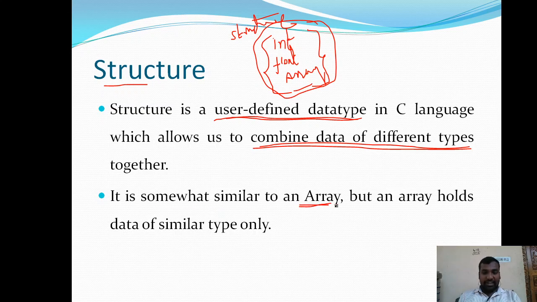Somewhat similar to an array, but an array holds data of similar types only. It can accommodate only the data type which is declared at the time of declaring the array, but a structure can accommodate any kind of data.